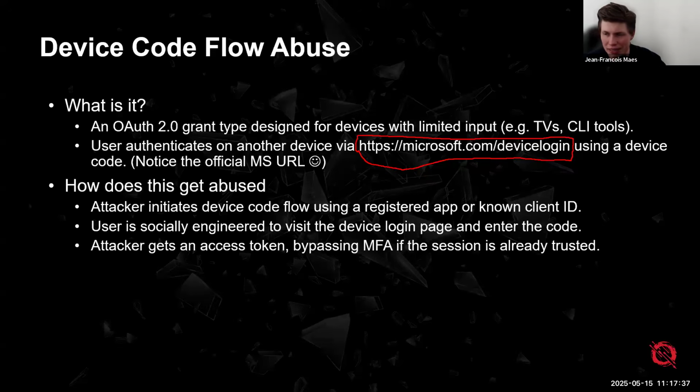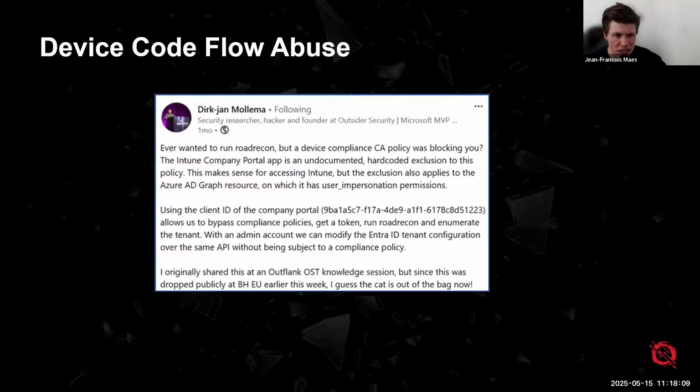Now, it's actually quite interesting because in Azure or in Entra, you have this thing called conditional access policies. So you can basically have things in there that say, hey, if a device is trying to authenticate, but they don't have, let's say, CrowdStrike installed, or they don't have a VPN installed, or they are not in the US, then we are blocking that device from accessing resources. Well, as it turns out, there's actually something quite interesting.